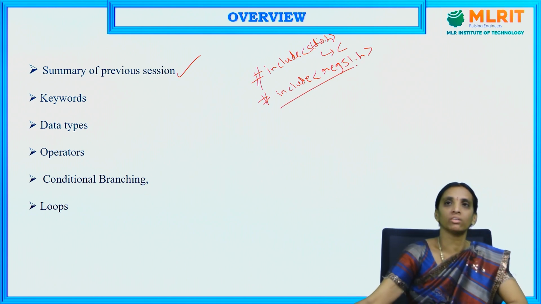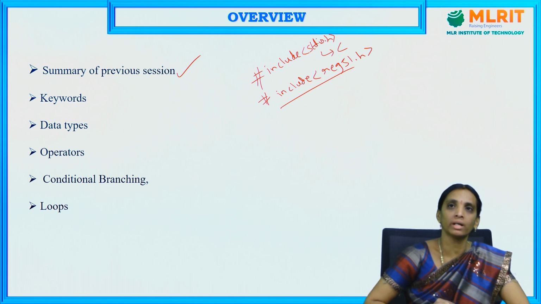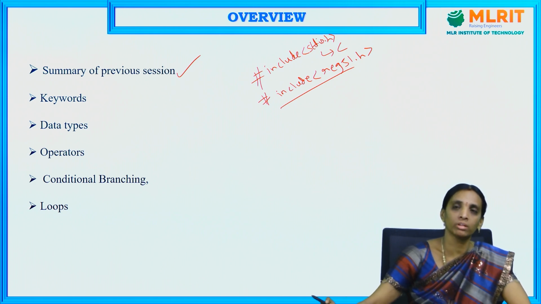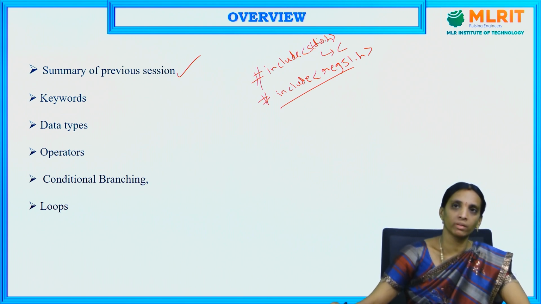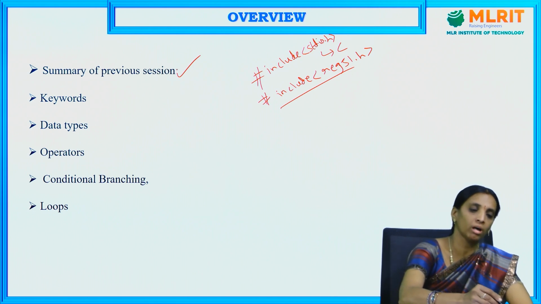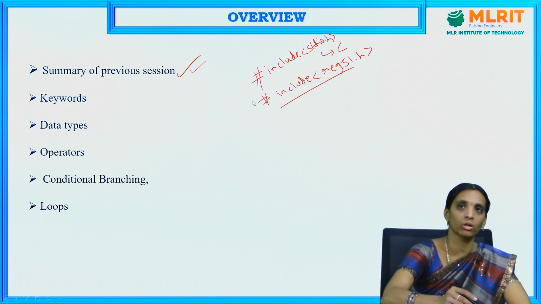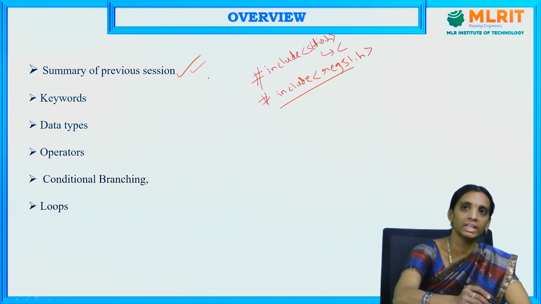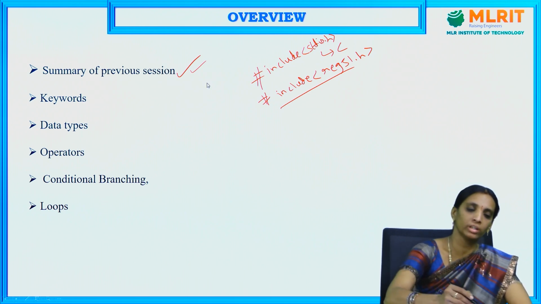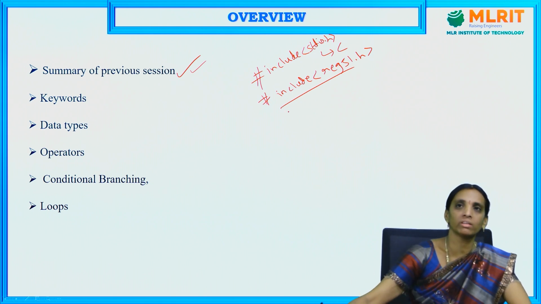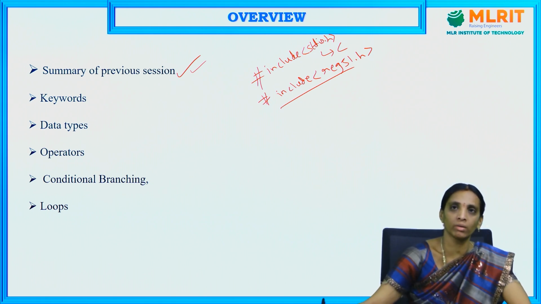Here in embedded C, we have preprocessor directives, variables, data types, operators, and we have to use the main, which is used for opening the braces and closing the braces. So we have seen how the embedded C language program template looks, the common template for any program in embedded C language. And we have seen in the last session the differences between the C language and embedded C language, what the applications of both are, and how we can differentiate them in terms of programming.